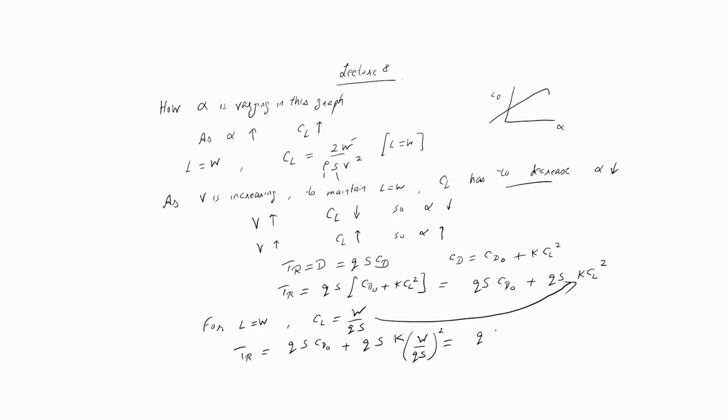So this becomes QS CD naught plus, so this one QS and this one QS vanishes. So we have K W square upon QS. Alright, so remember what was dynamic pressure? Q equals to half rho V square. So let us write in terms of the velocity. Alright, so thrust required